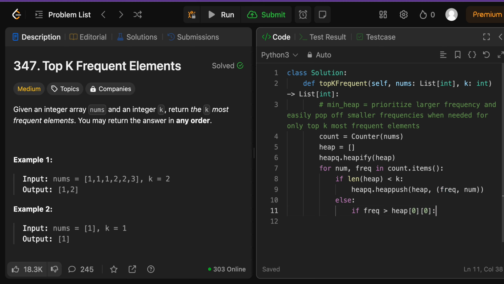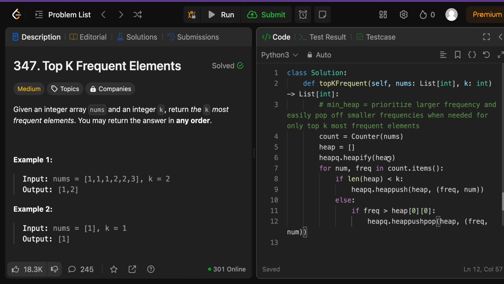If it's greater than that, well, then this current value has a larger frequency than the smallest frequency, hence it's more important. We want to prioritize that more, and so we're going to then call heapq.heappush. And in fact, I can call heappushpop here onto the heap, and I'm going to pass in the frequency and the number. Basically, we're doing both operations in one, where we're pushing to the heap the frequency and the number